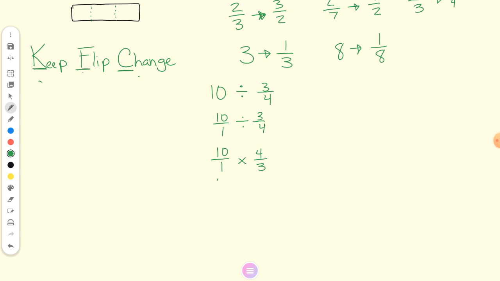Now I have a multiplication problem. Do we know how to multiply fractions? Yeah. Max, how do I multiply fractions? Yeah, straight across. 10 times 4 is